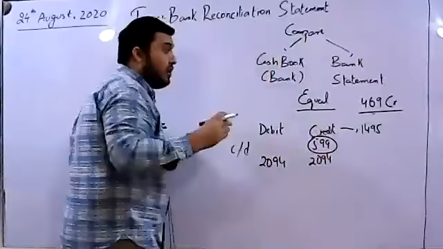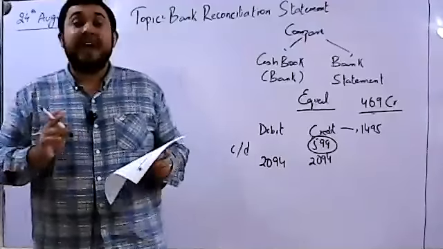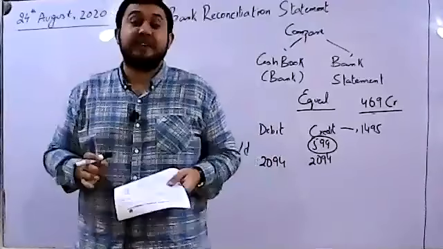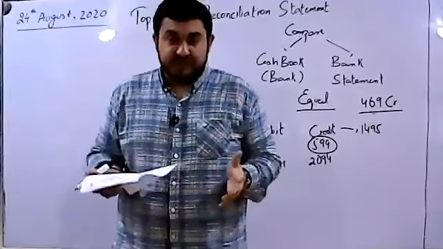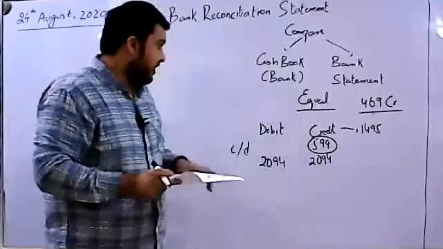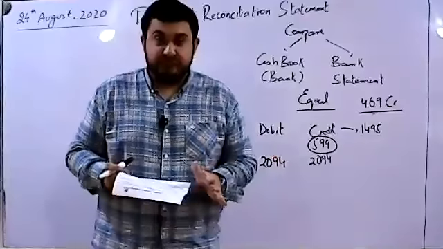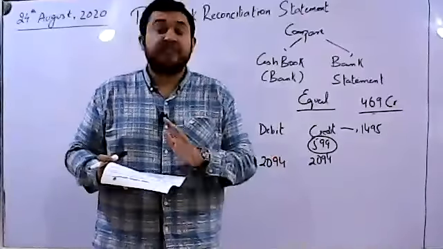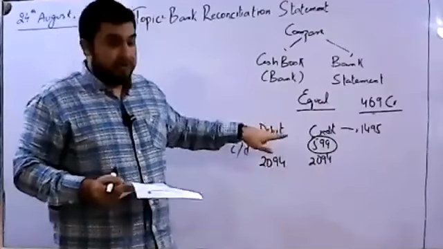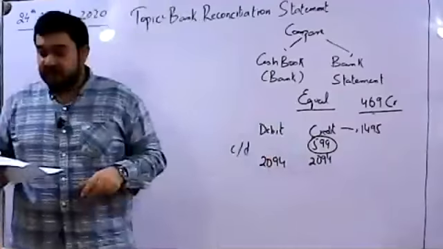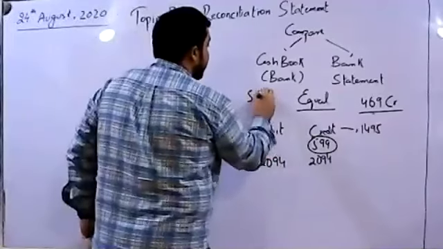So first of all, what does this question involve? This question has made you calculate the balance as per the adjusted cash book. Meaning, simply it has made you do a balancing in a ledger, deduct the lower side from the higher side, and our balance has come on the credit side. That means it is a positive balance. It is a positive balance. It is not an overdraft. If the balance had come on the debit side, then it was an overdraft. So the balance that we have on the cash book is 599 debit.